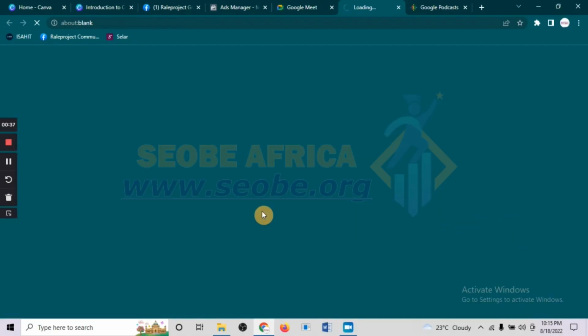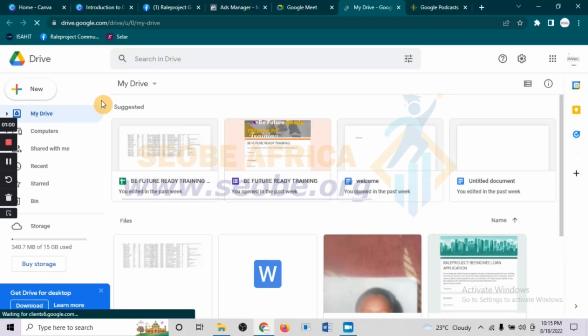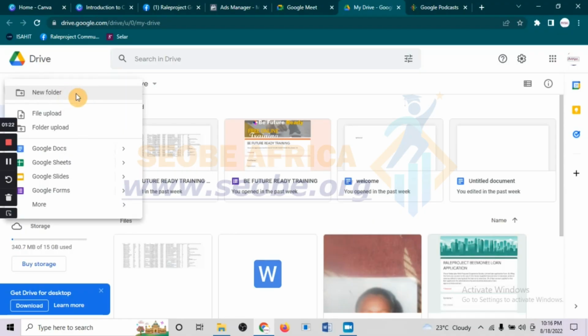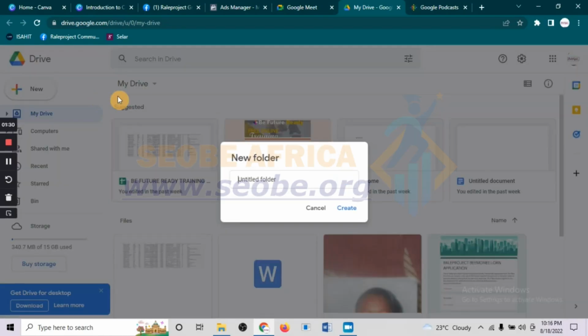Okay, so now Google Drive is opening. I'll be showing you how to create a folder on your Google Drive account. That's the first thing I'm going to show you. To do that, you come here to where you have this plus icon with New, and click on it. Once you click on it, the first thing you have there is Folder. So what you need to do next is click on folder,